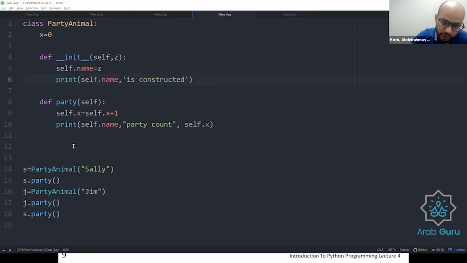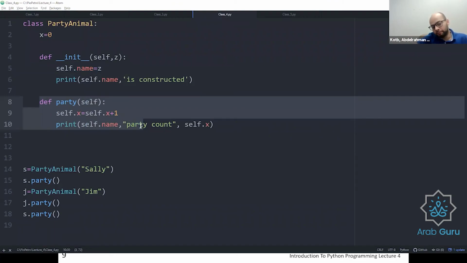And then I'm going to say, okay, same thing, party, self.party, self.count. Why would you want this? Let's say you have a class and you want to count the attendance, and you want to say, okay, if I have two people with the same name, I'm going to add them to each other.